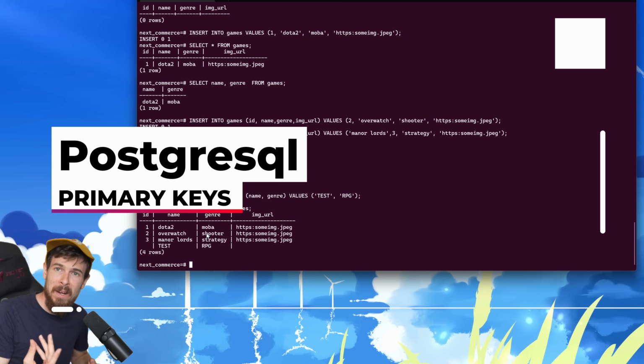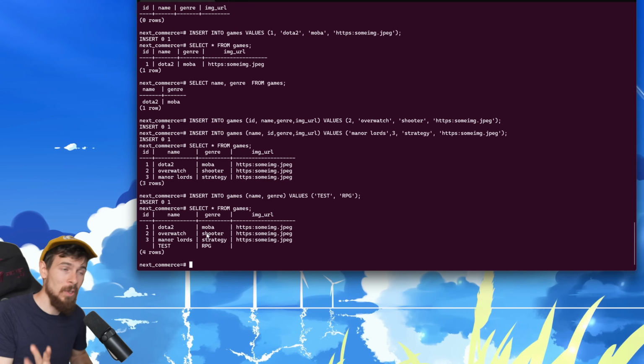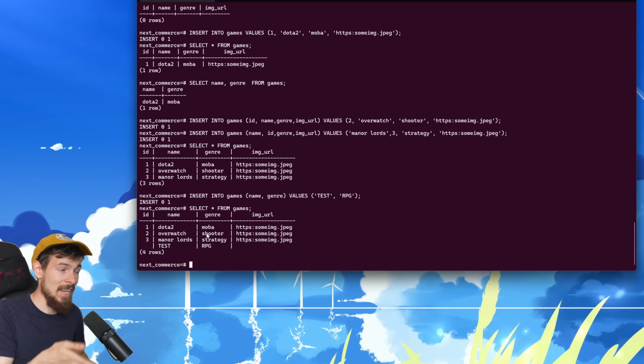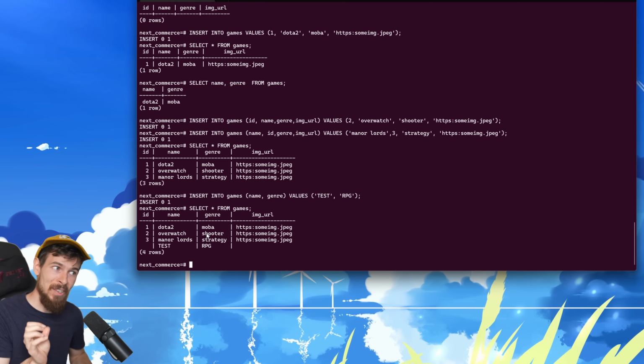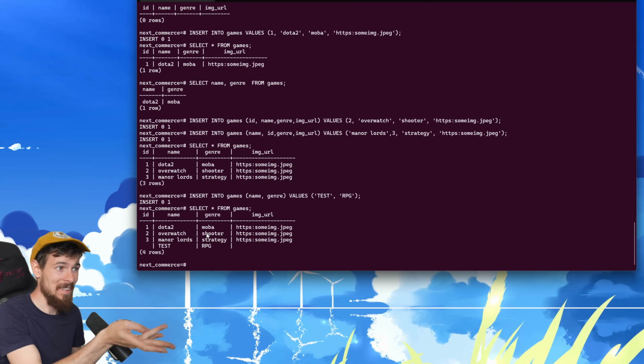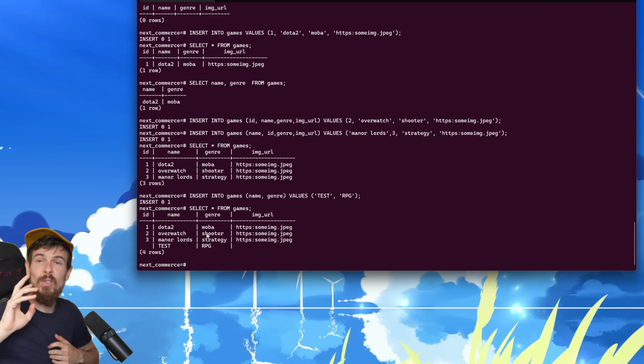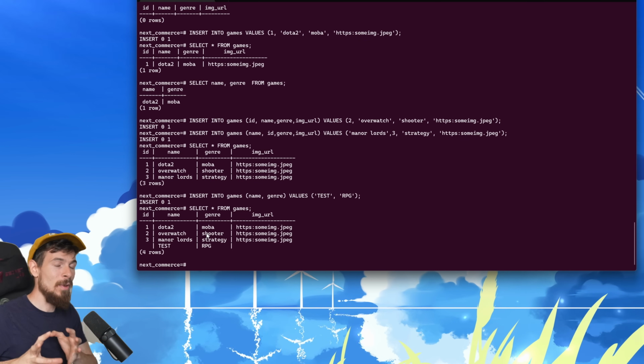All right, every record should have a primary key, a primary identifier that's totally unique within this table. There shouldn't be any other record with the same ID. And currently, we can add records in here that just don't have any ID at all. So one thing we can do is to enforce,